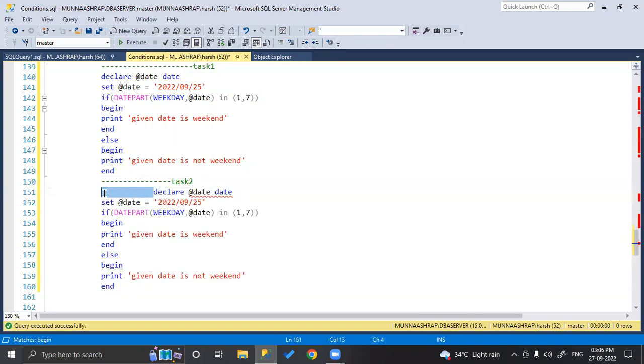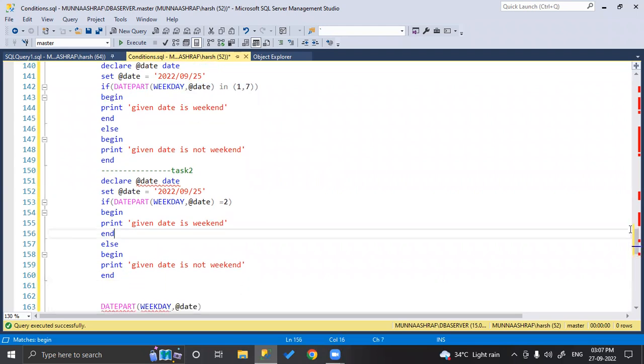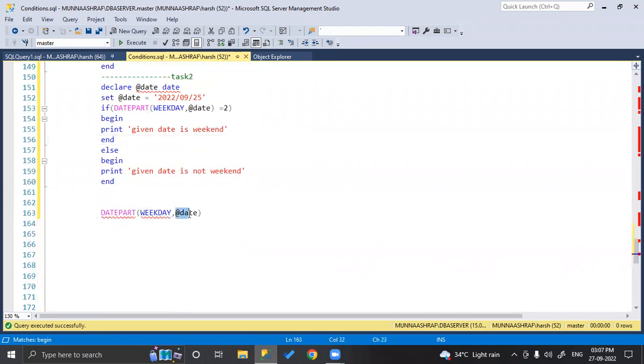So given date is Monday or not. Correct? So when we have given any date which is equal to 2, the range is 1 to 7. If it is Sunday, it will be 1, if it is Monday, it will be 2, if it is Tuesday, it will be 3. So when we use datepart weekday, we will get the output like this only, right? Let me give you a brief explanation so that you understand very clearly. So if I execute the getdate here,